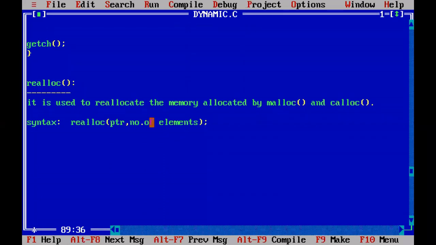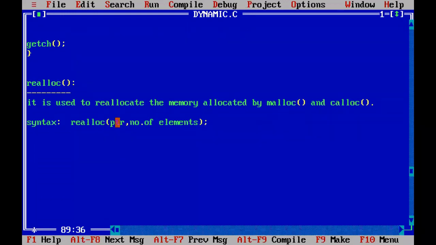If you give 3 here, each element will take 2 bytes of memory. 3 multiplied by 2, it will automatically calculate how many bytes 3 integer elements take, and the result is 6.